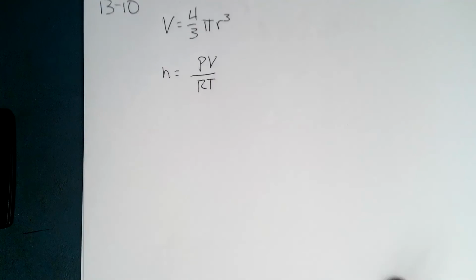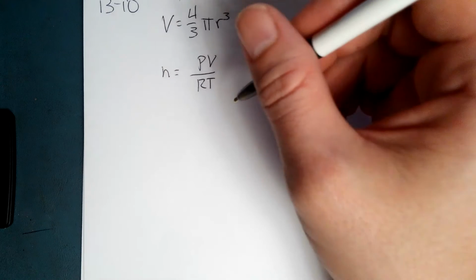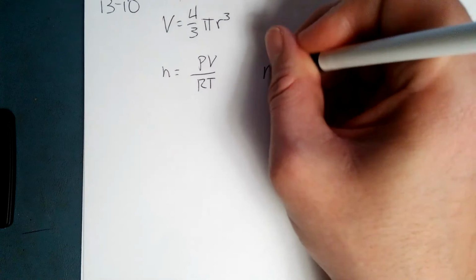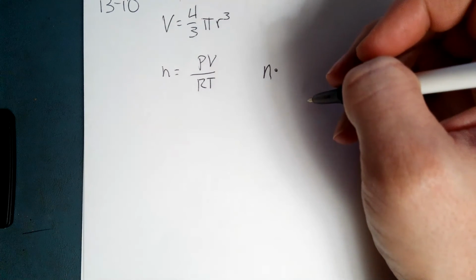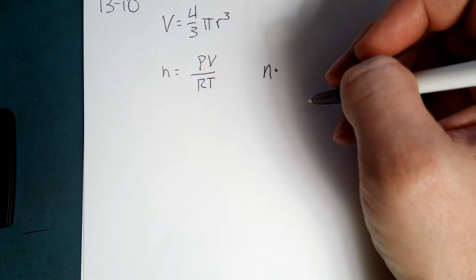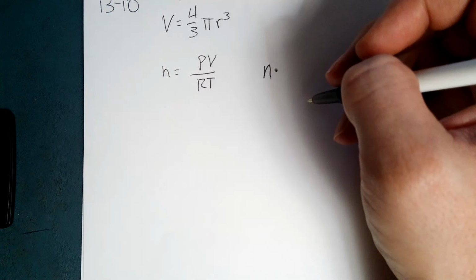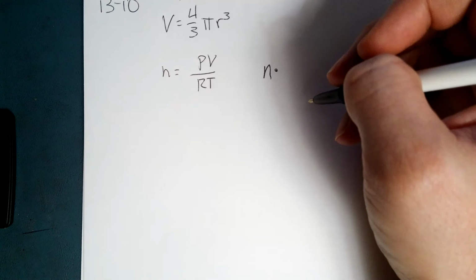So I'll leave it at that. Now, to go between mass and moles, you need to take the number of moles, whatever you got here, times the molecular mass, which is basically, I think, the atomic mass number of the element,